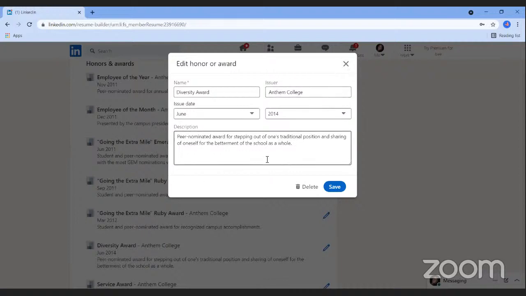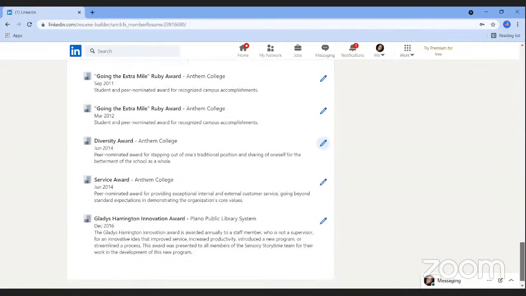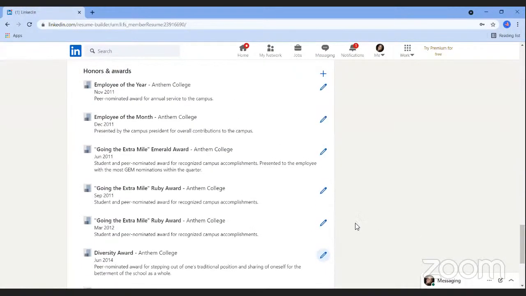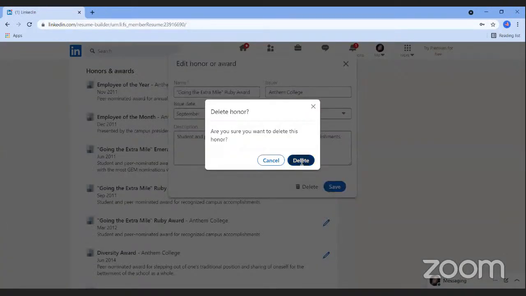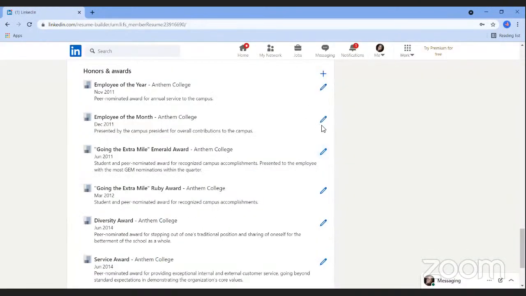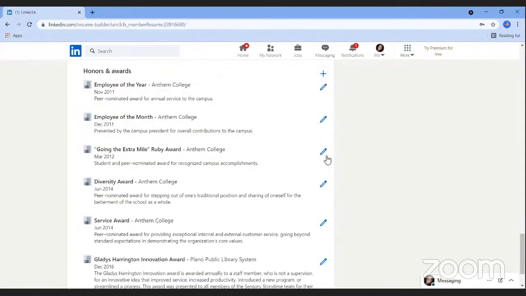This is another place that if I were to drop in a keyword, LinkedIn would recognize that and update that keyword list for me. If I don't want something, let's say, you know what, this one isn't relevant, I can go ahead and hit delete. That same pop-up comes up to confirm that I'm getting rid of that information as not being relevant.